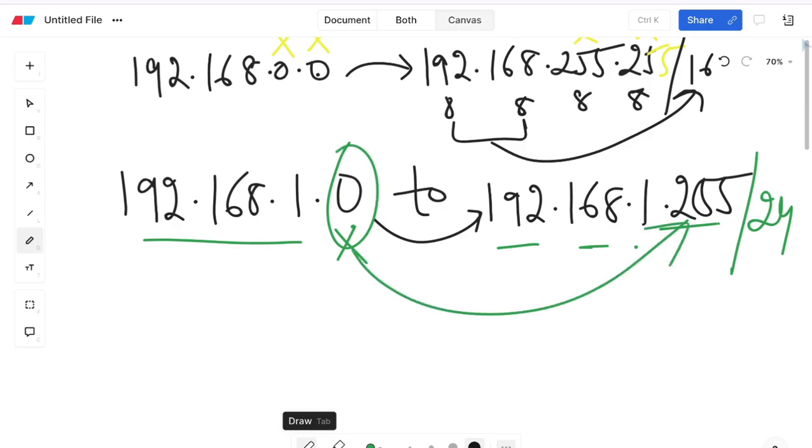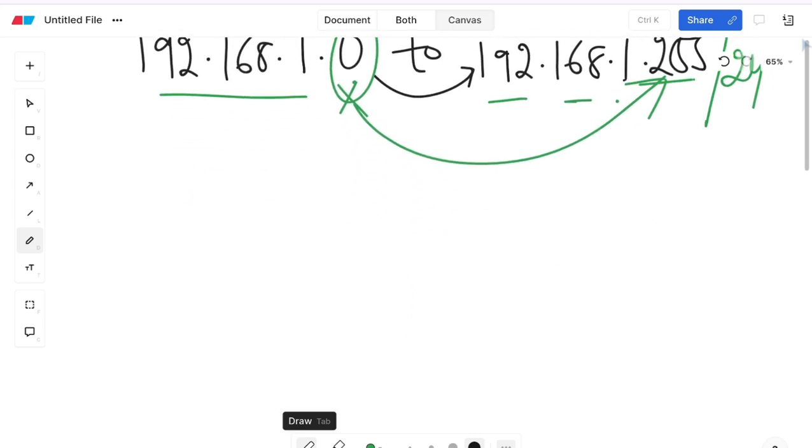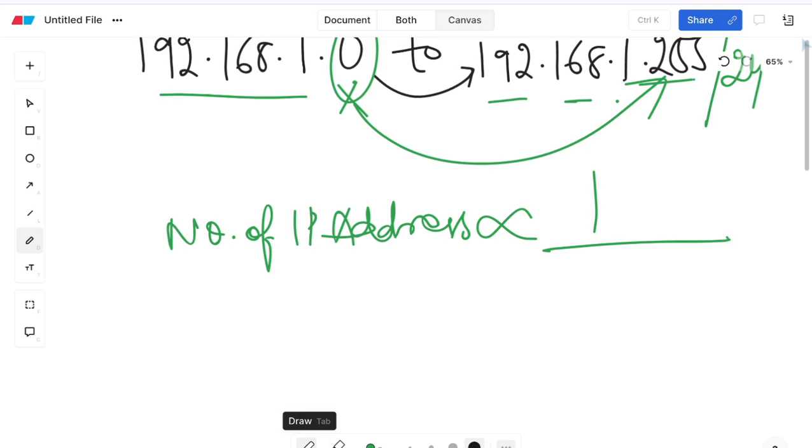Okay, now if we have to write like this, what we have understood from here is that the number of IP addresses is inversely proportional to the CIDR range, or when we block the bits. So this is called when we block it, that number and that range. Okay,